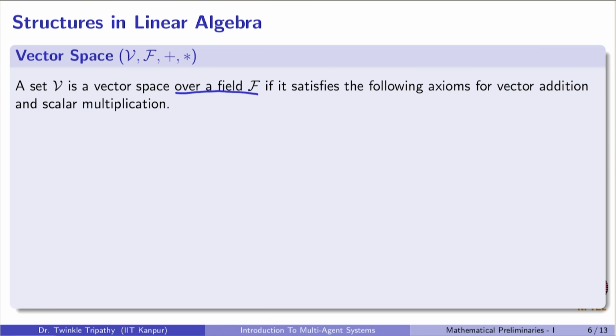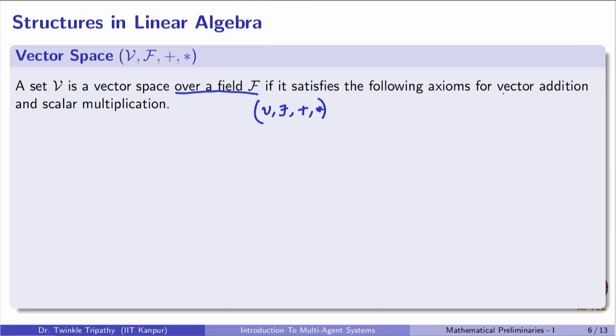And so, V together with F. Now, we know that whenever we have a field, we will need to have some operations, but now the vector space as well has, the set of vectors also have some operations, which is the operation of addition and multiplication. Now, unlike the elements in a field, the set of vectors are added and multiplied slightly differently. So, let us understand what we mean by that.